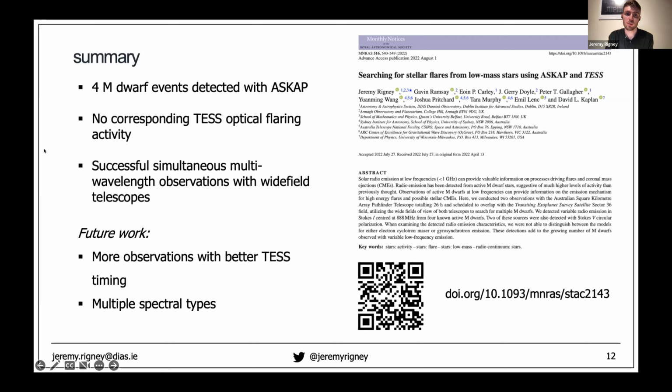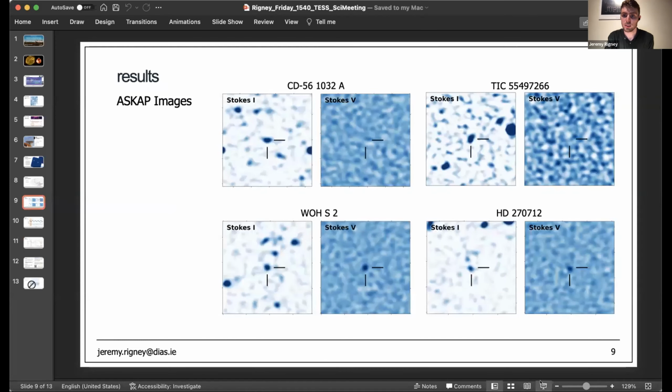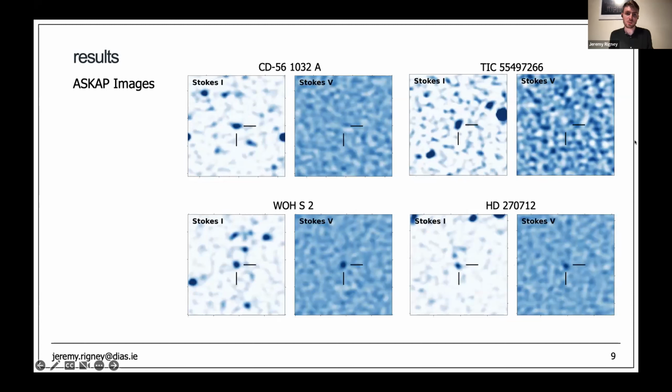Yes, absolutely. So I've done that again. Sorry, I'll go back to here. Yes, so here you can see Stokes I and V. The circular polarization tells us a bit about the emission characteristics, whether it's a highly energetic electron cyclotron maser process which is generating the emission. In two of the stars, we did see this ECM emission, which is quite common among M dwarfs, very high energy acceleration processes occurring. And then two of the stars didn't appear to have this circular polarization, which is more consistent with gyrosynchrotron radio emission. So that's what it's telling us about.